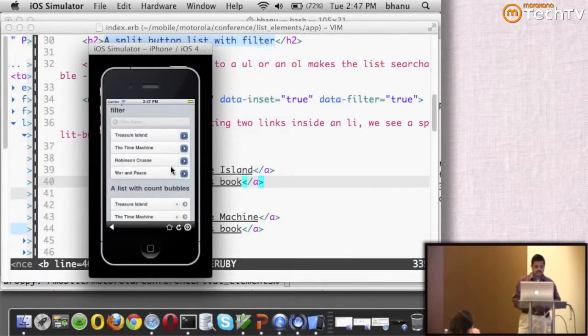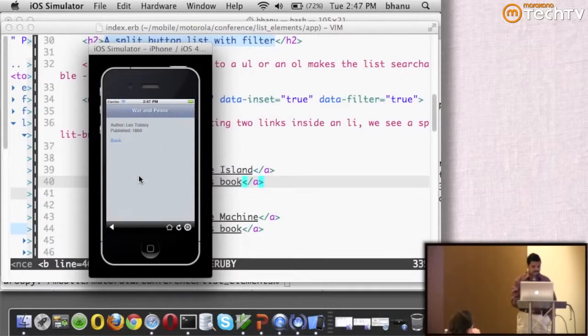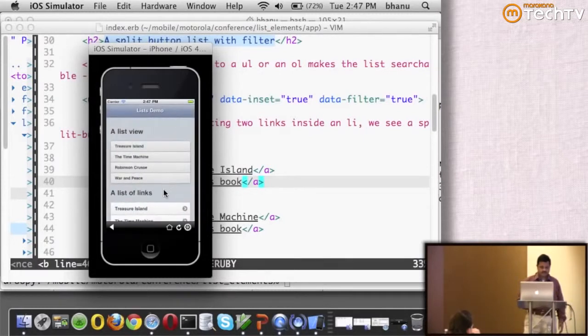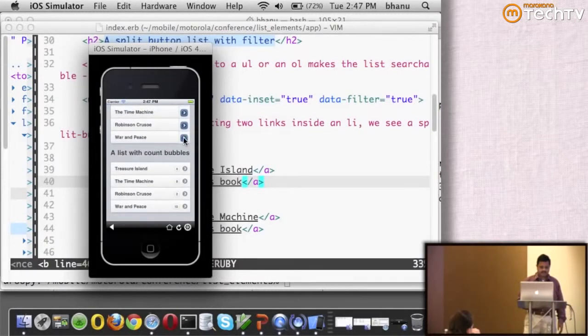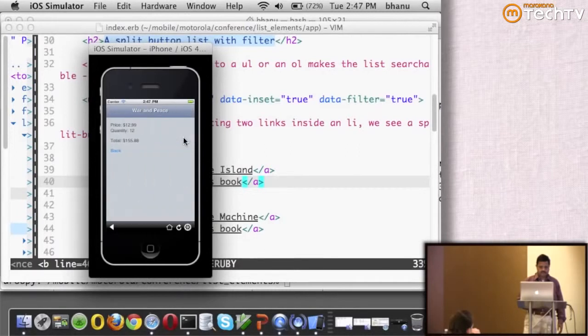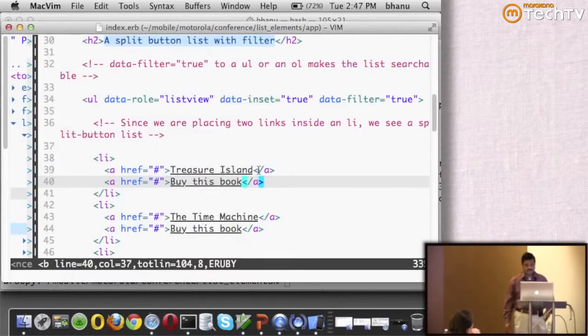When you specify those two links, the jQuery framework automatically puts a vertical divider and gives you two elements. So, click on the name, it tells me who the author is and more details about it, whereas if I click on the blue icon, I have coded it to give me the price of it.